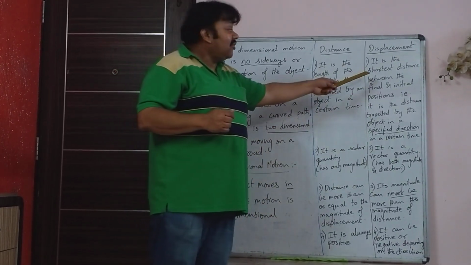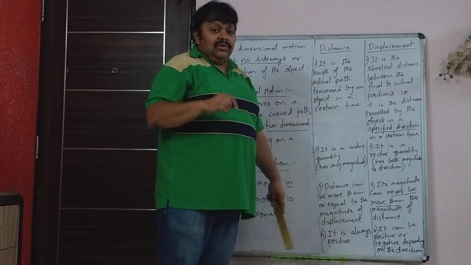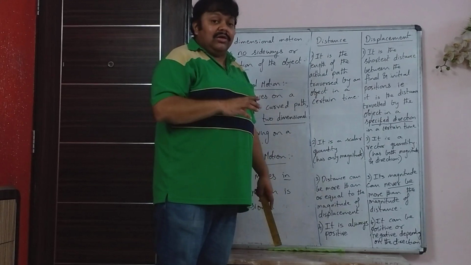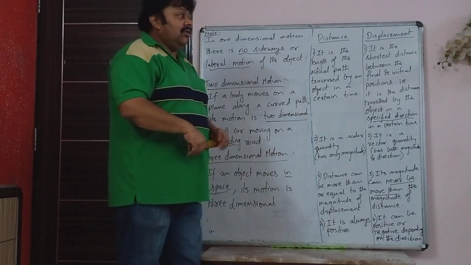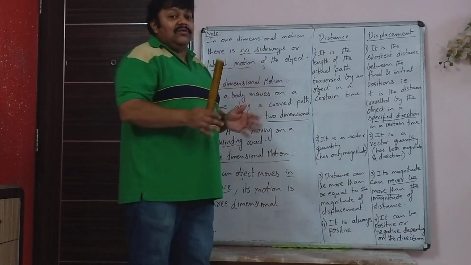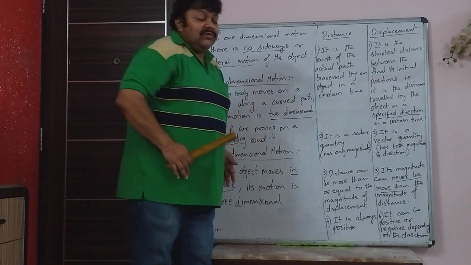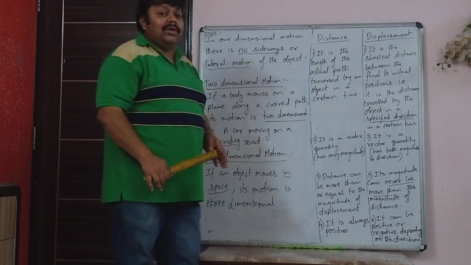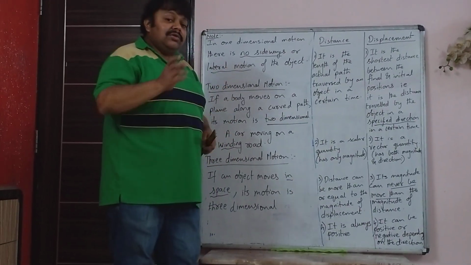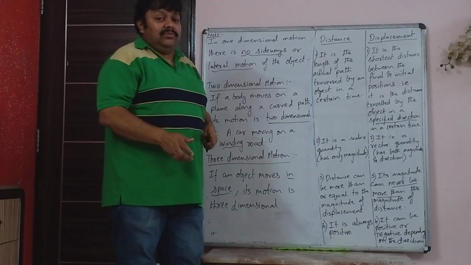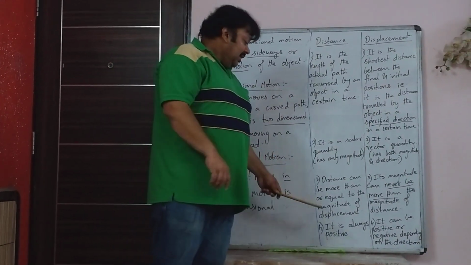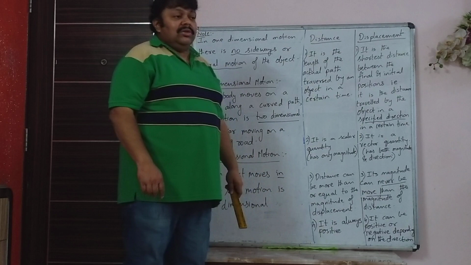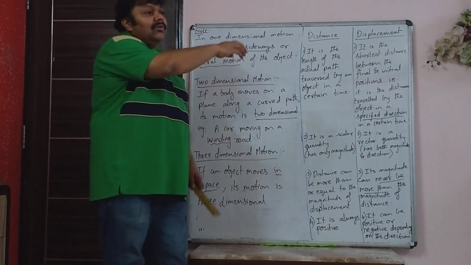Displacement is the shortest distance. So displacement cannot be more than distance. Distance could be more or equal. Equal when, let's say, you had a straight road without any left-right turns. If it was direct from the class to Bombay Scottish School, then distance and displacement would have been the same. So, last is, distance is always positive. That means, let's say you moved away, you will be considering distance.